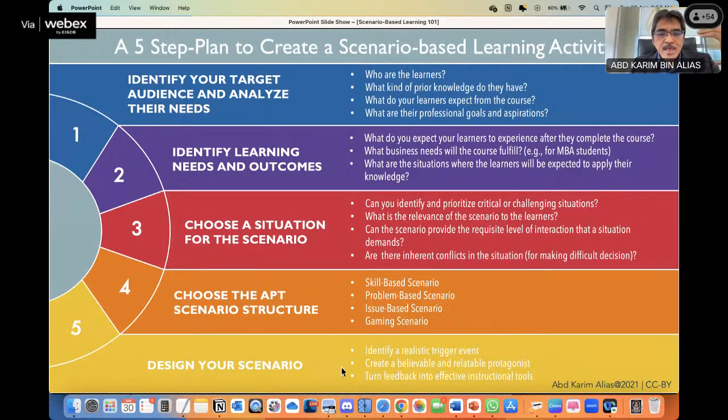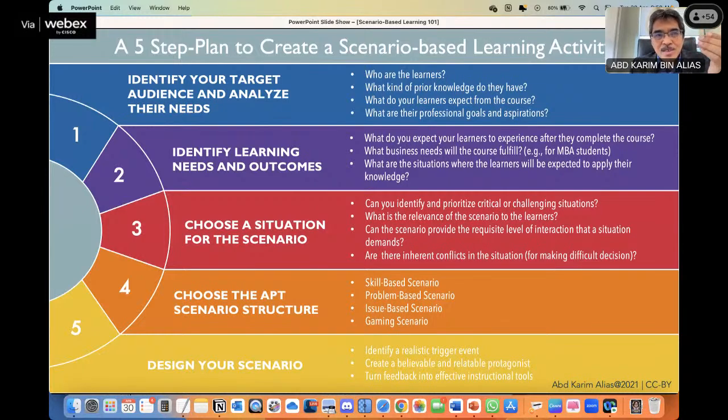Design your scenario. Identify a trigger event. Create a believable and relatable protagonist. In scenario-based learning, because we design it as a story, you can have characters, two or three different characters, and you can also have conversation between them.